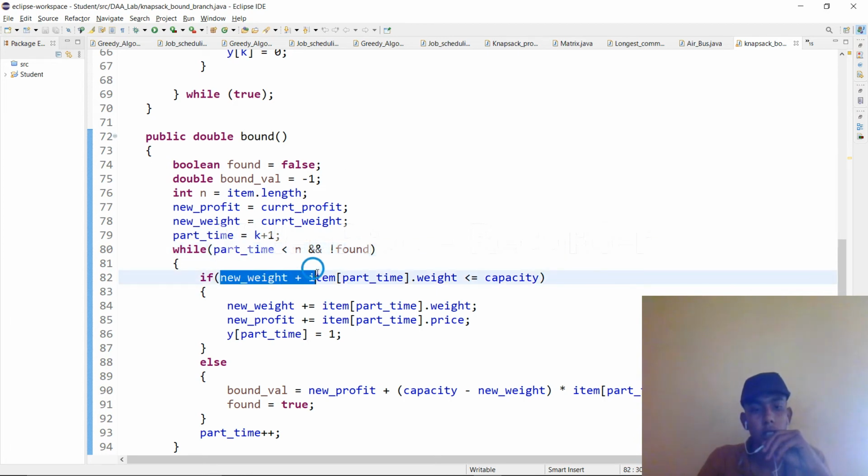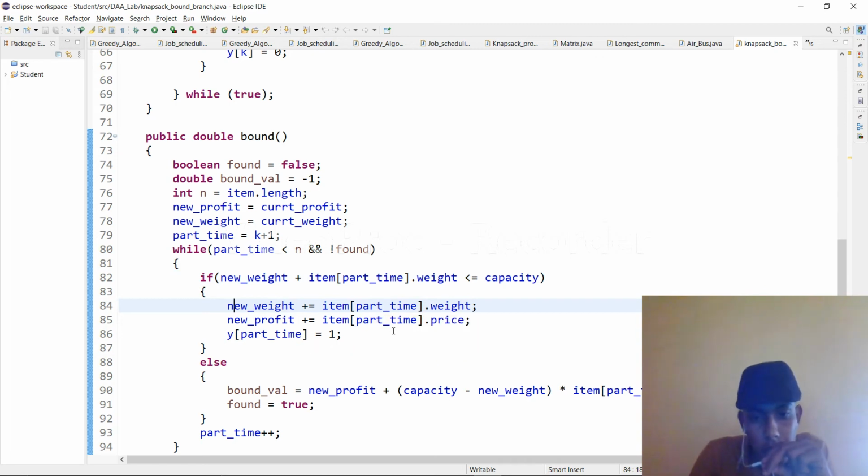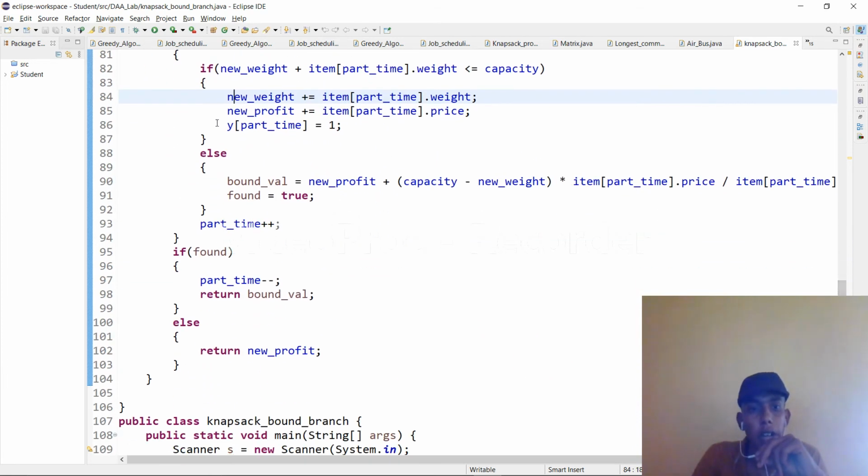So it goes inside, that is new weight 0 plus the item's weight, whether it is less than capacity. Yes, if it is less, then it will assign new weight equal to the item's part time weight, and the current weight will be added, and new profit equal to the item's part time profit will be added, and y of part time equal to 1, it will be assigned as 1.